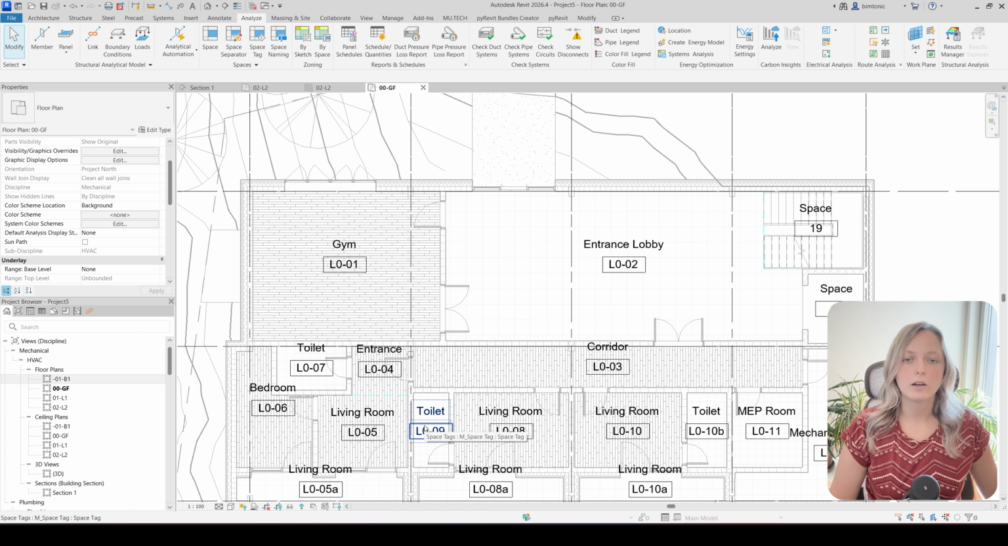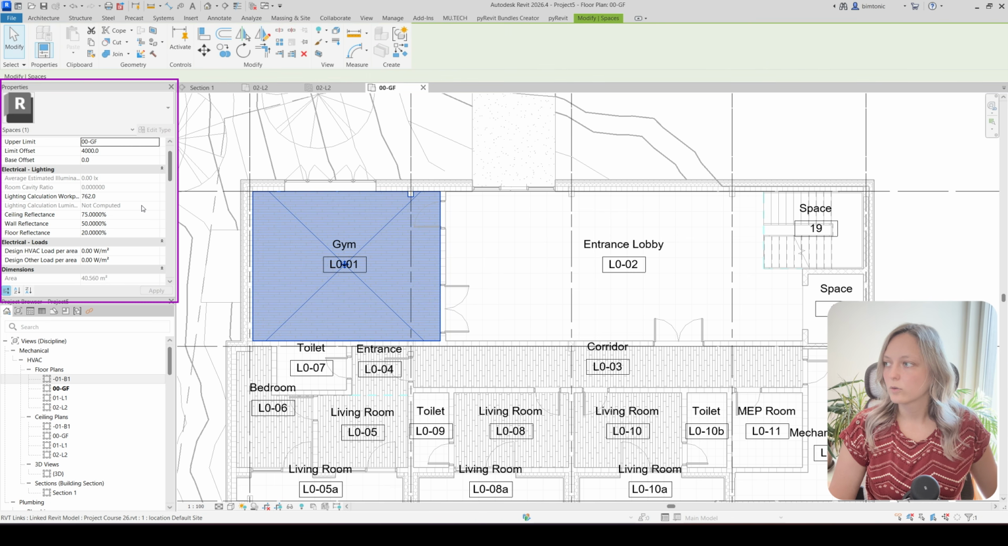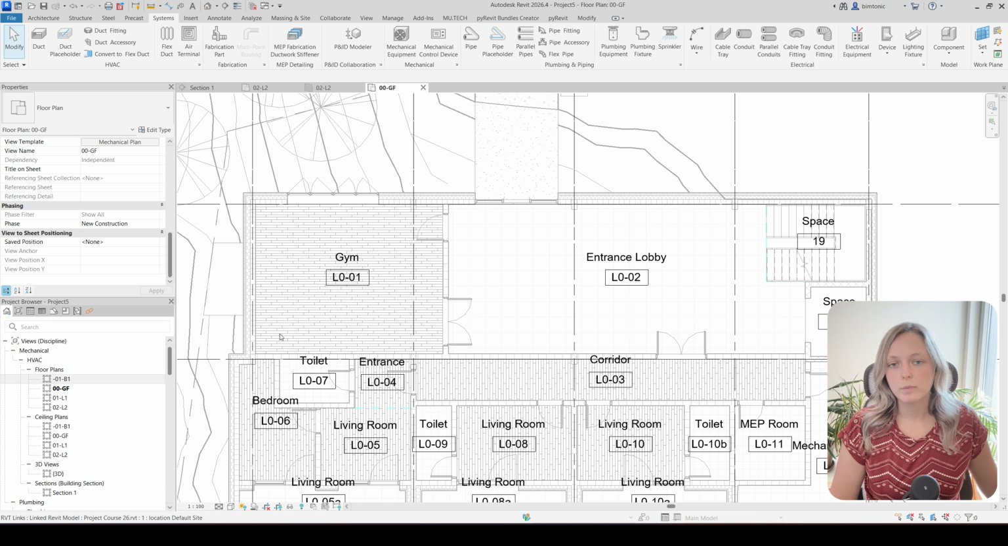And as you can see now, all of these spaces are automatically renamed, and also numbers have changed as well to follow the architectural model. Once you select one of these spaces, now you can see a lot of information about it. And when it comes to spaces, essentially all of these spaces are single rooms, but you are going to also